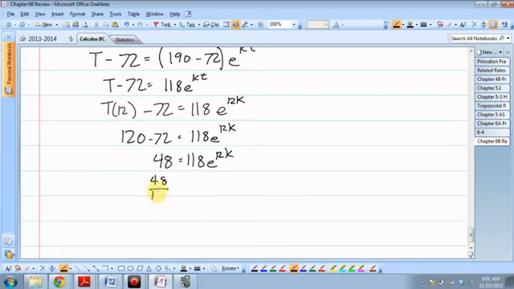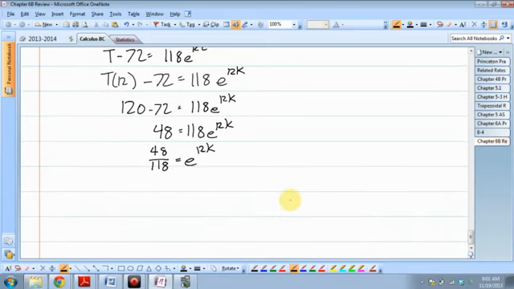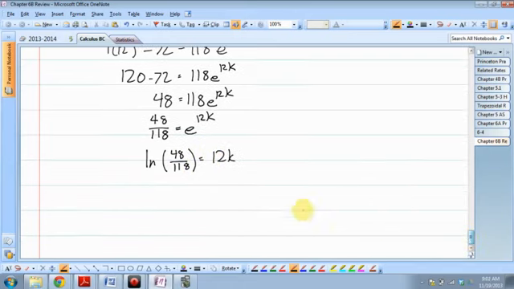48 out of 118 equals e to the 12k. How good are you at solving these exponential equations now? Pretty good. Natural log of 48 out of 118 equals 12k. So k is equal to 1/12 the natural log of 48 out of 118, which is equal to,